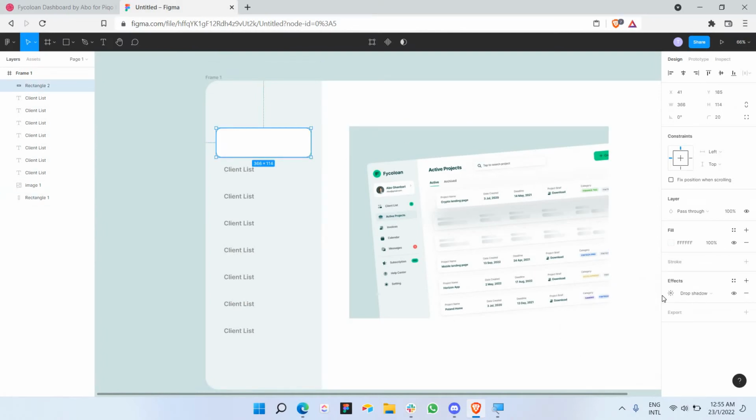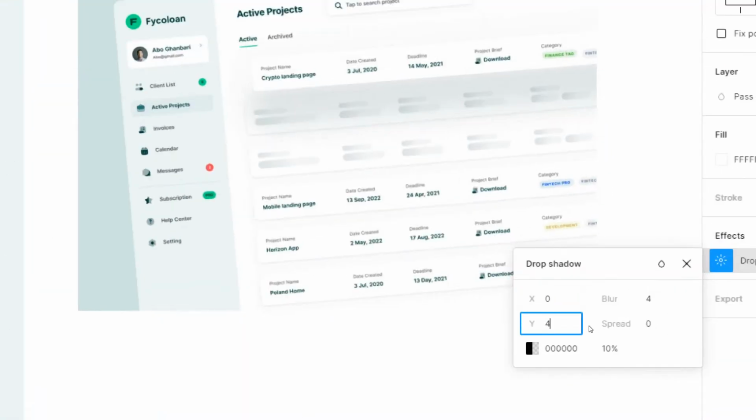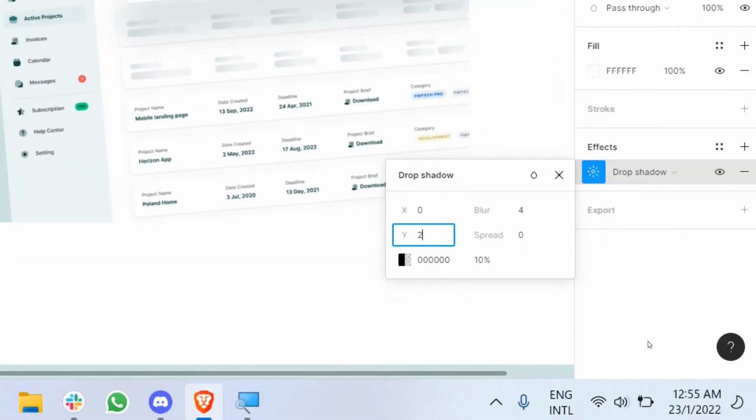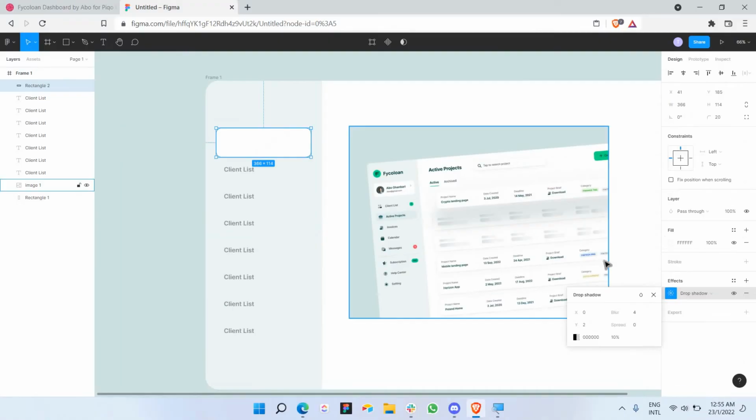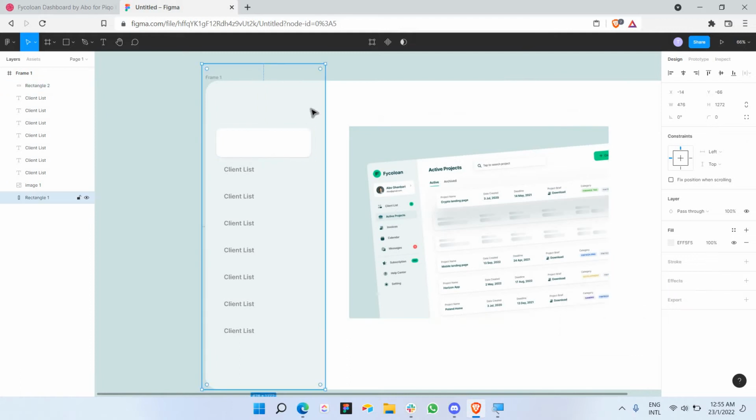And 10% is still a bit huge, so I'm going to move this shadow a bit higher, and let's go back and see. And there you go, we have it. Okay, next let's fill up some content of this particular